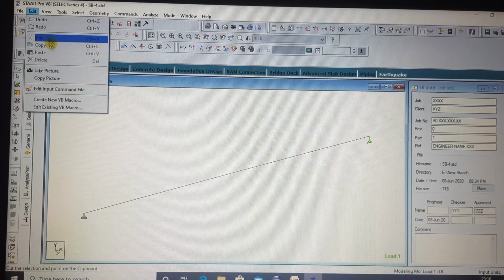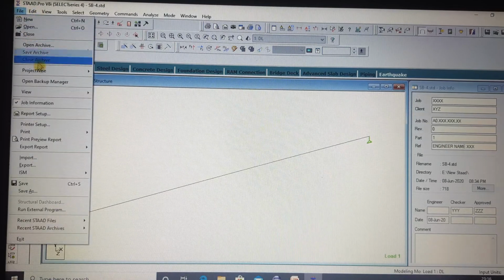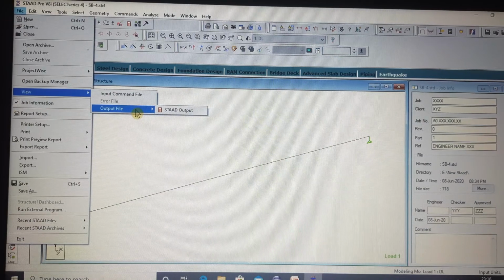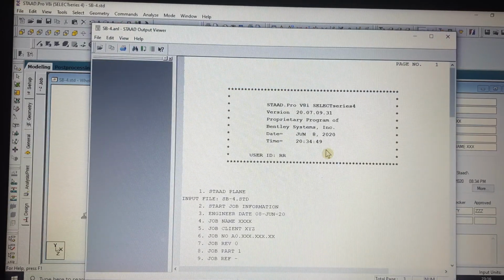In a similar way, if you click on this View button and go to Output Files, you will be prompted to the STAAD output. This is the STAAD output file. Unless you run the file, this will not be generated or shown.